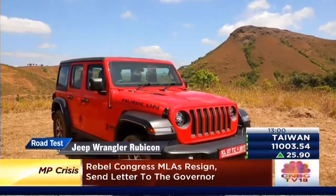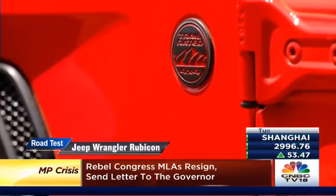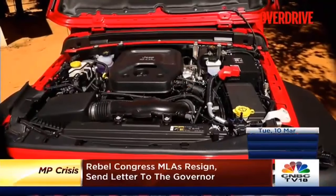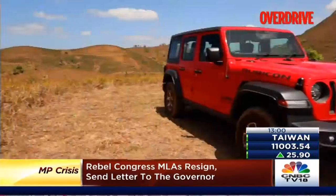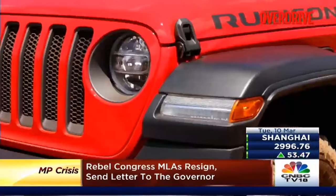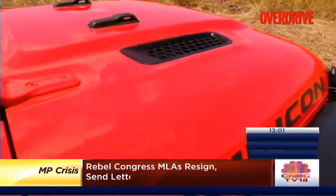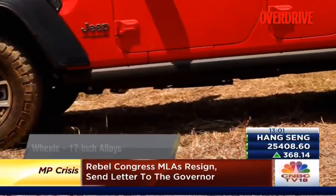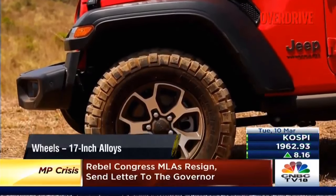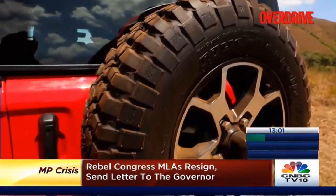The Rubicon isn't an all-new Wrangler, it just builds on the capabilities of the Sahara launched earlier, which means it benefits from the same new frame, new engine, aluminium doors and hood, and the subtle styling changes that came with the new Wrangler JL generation. On the Rubicon, you'd spot the black fenders instead of body-colored ones, the decals on the hood, lack of side steps for better off-road clearance, the smaller 17-inch wheels, and the larger 33-inch BF Goodrich KM2 rubber, an off-roader's favorite